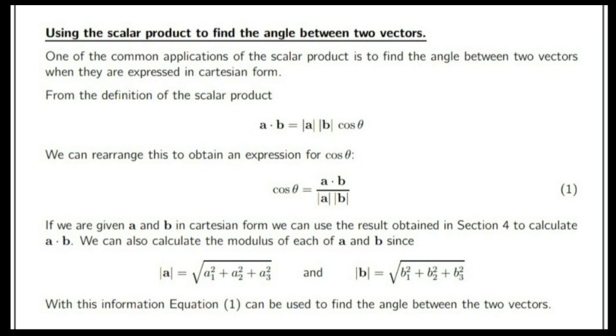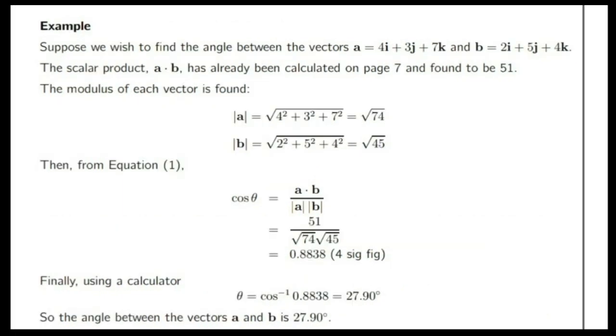So using this equation, we can find the angle. Here A and B we can find using the expression, when vector A and vector B are given in component form. Magnitude of vector A is root of ax square plus ay square plus az square. Same way the magnitude of vector B is root of bx square plus by square plus bz square. Using those equations we can find the magnitudes and substitute in this equation. We'll get the angle between the two vectors.